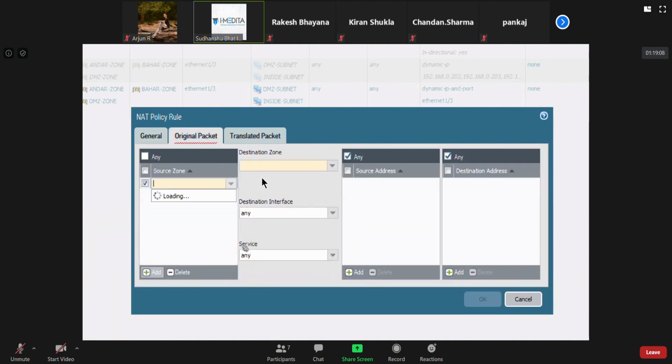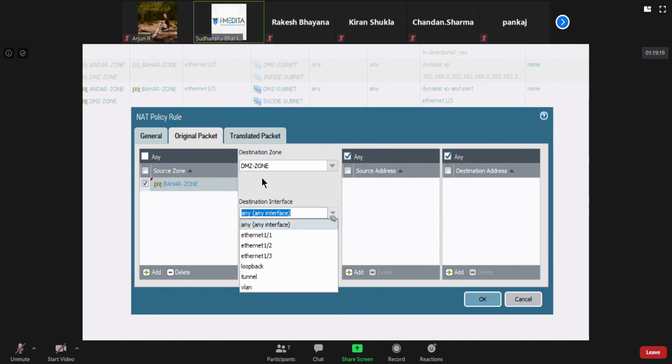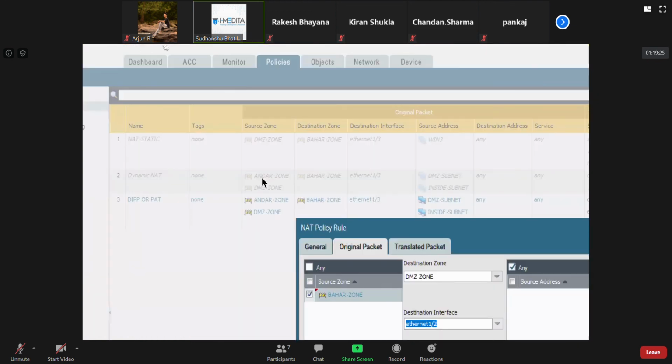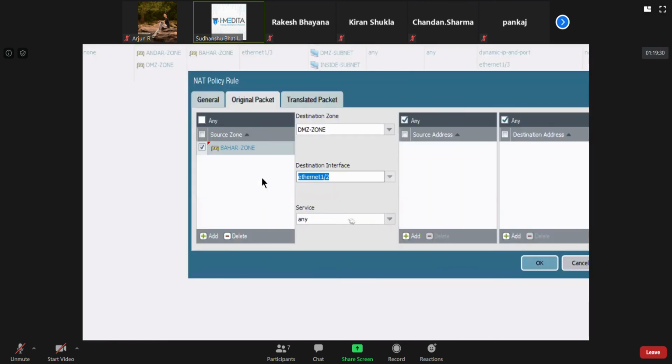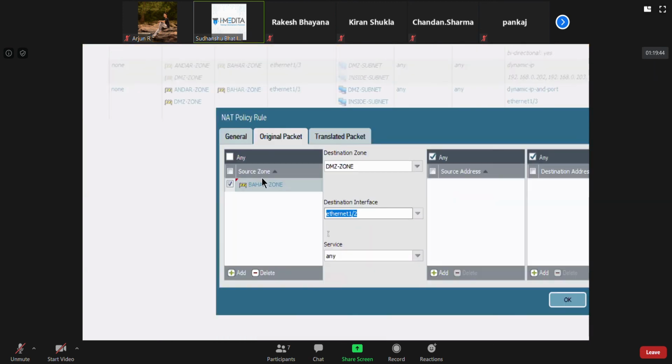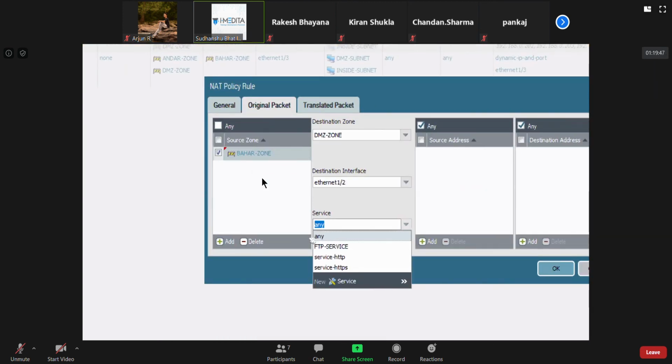I'll say original packet, if you come from the outside zone, the destination would be DMZ. I'm just taking an example. Destination interface, I think that's Ethernet 1/2. Let's double check that. Yeah. And then this is all related to the original packet. You can even mention the port here.